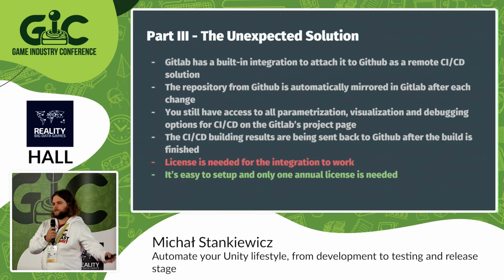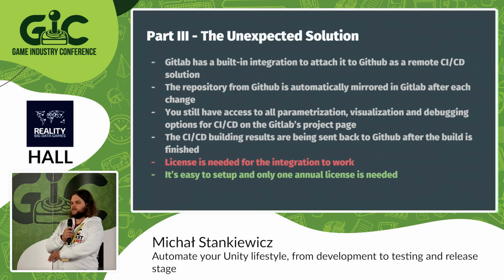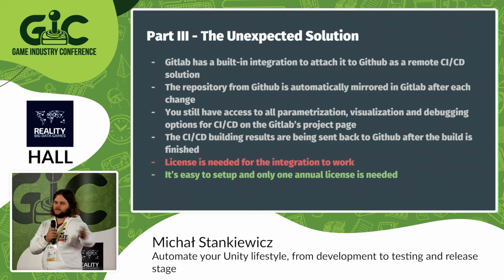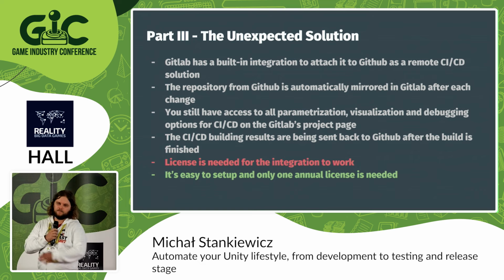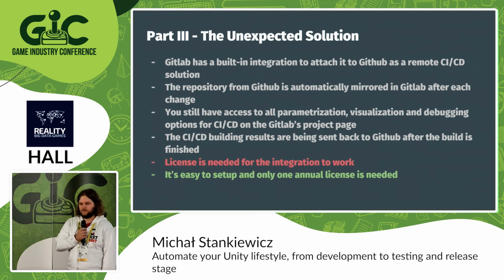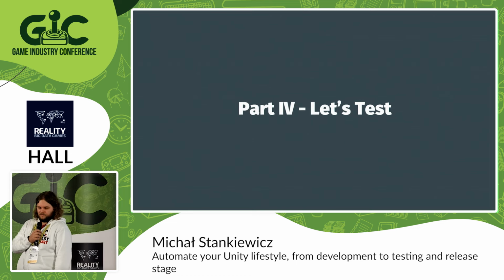So fortunately, after some research, we found out that GitLab already has a feature where you can have your own project on GitHub. You can have just one license for a master builder in GitLab. You can attach both sides, and it functions as a standard CI solution. So it provides those CI/CD options for GitHub accounts as well. And we just needed one license for a year, which was visibly cheaper. And on GitHub, of course, for this big team, it was almost nothing to spend. So yeah,